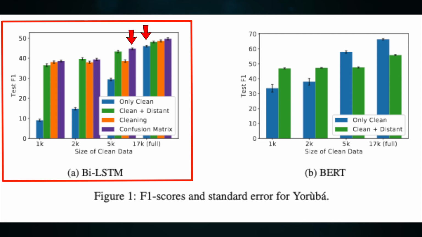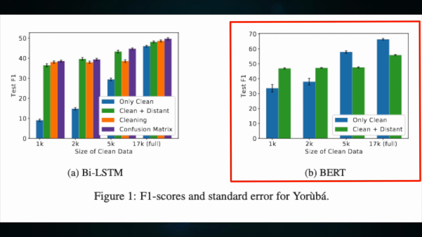Now BERT has 110 million parameters, in comparison to 1.5 million parameters in bidirectional LSTM. There's a clear trade-off between size and performance. BERT was able to obtain better results consistently across different training sizes. The F1 score at the 1000 setting is 50% of the F1 score at the full dataset. For the 1000 and 2000 settings, the distant supervision improves performance slightly. The model reaches peak performance with only clean data. With additional distant supervised data, the performance falls, suggesting that the BERT model overfits too much on the noise in the distant supervision. And that's it for today.